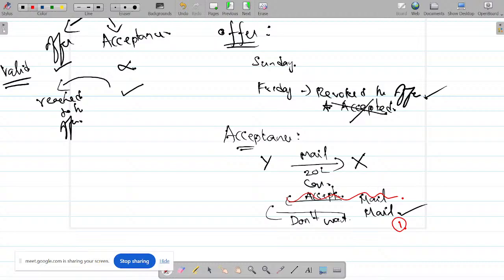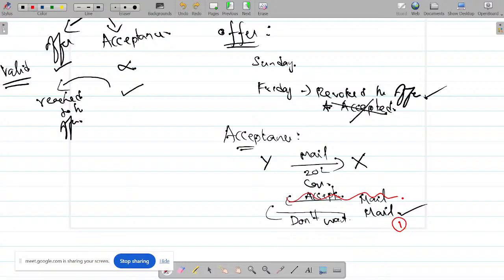Likewise, when we are talking about revocation of acceptance, acceptance should be given first, then it has to be taken back. Okay, if this is the first mail I'm sending, what's the mail content? Do not want to accept the offer. Then we cannot talk, or you need not talk about the revocation. There'll be no such concept called revocation of acceptance, because acceptance is not given. Then how can you talk about revocation of acceptance, right?